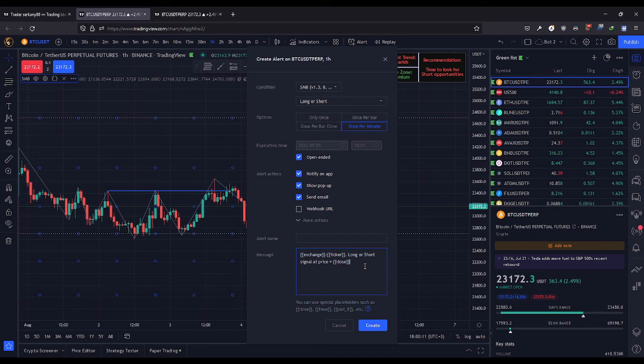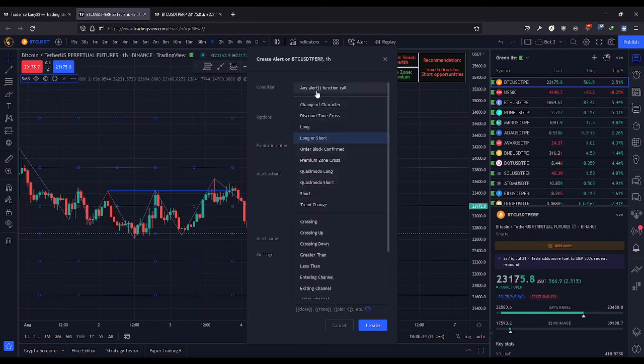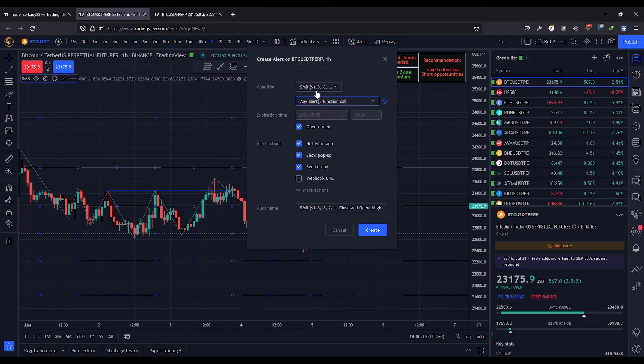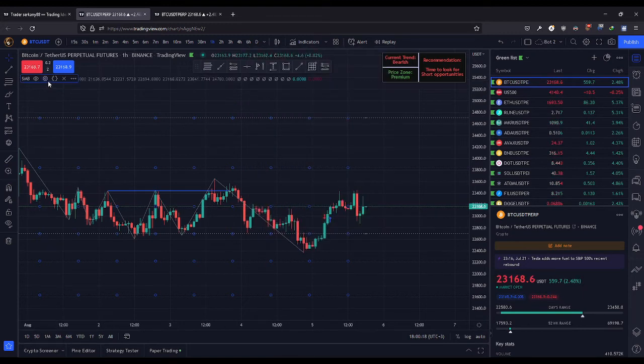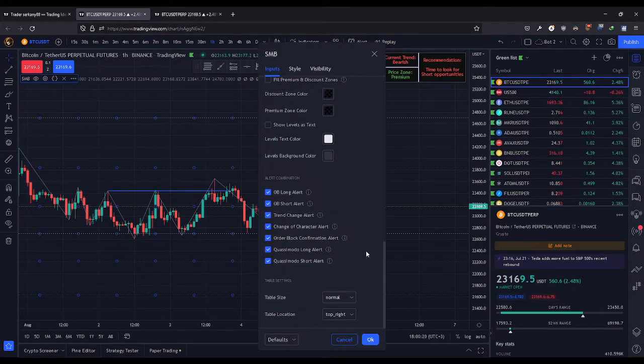You can connect it to bots, or you can choose this alert function call system, and before creating it you can choose which alerts you want to trigger, like change of character, for example. If you don't want this, you can disable it,